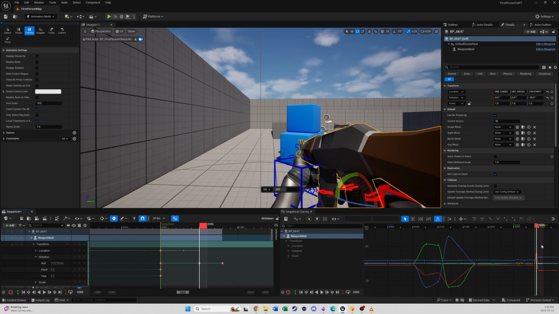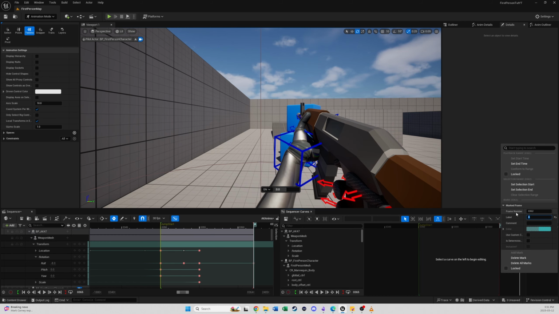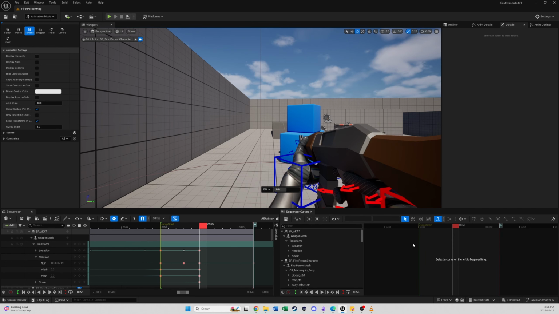This will be the last keyframe as well, so we'll just do that. All right, that's actually not bad. So let's go to the end of the play here, the last keyframe. Right here, we're gonna add a marker, and we'll call this one jump loop. We'll leave the color the same, and